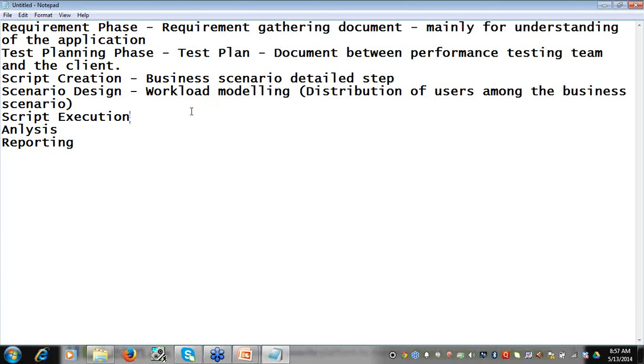That's the reason we require a user distribution either from the client, or we have to distribute the users according to our understanding and then send it to the client for a sign off. Then script execution, here we don't require anything. Analysis, nothing. And reporting, we prepare the report, a document report.